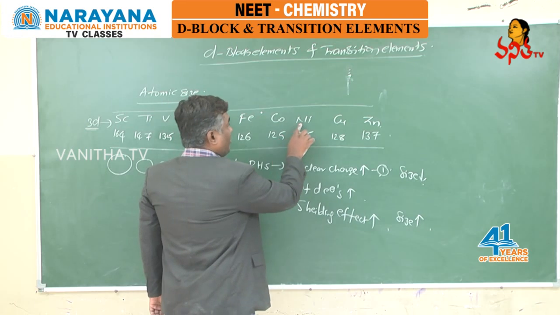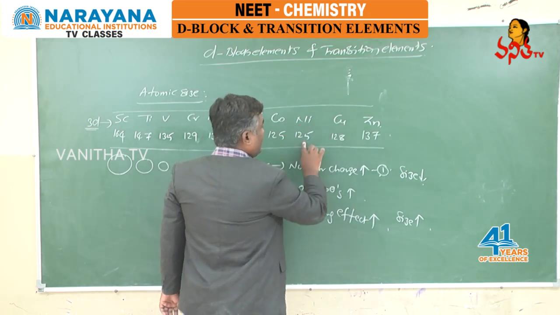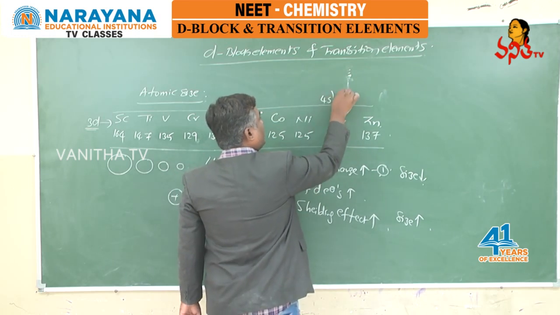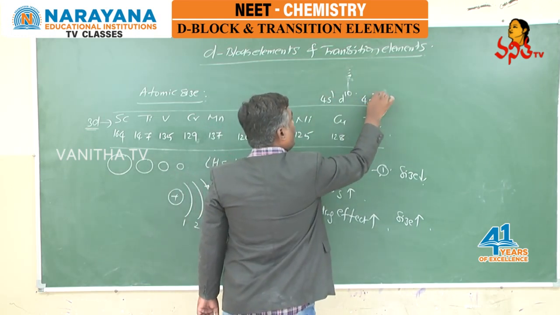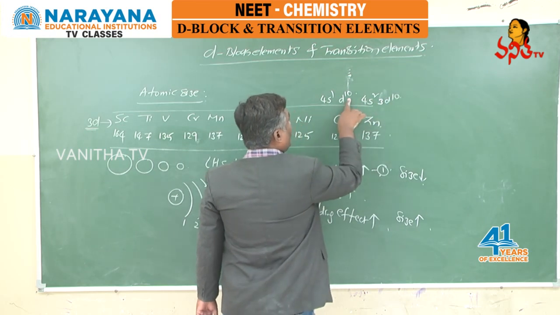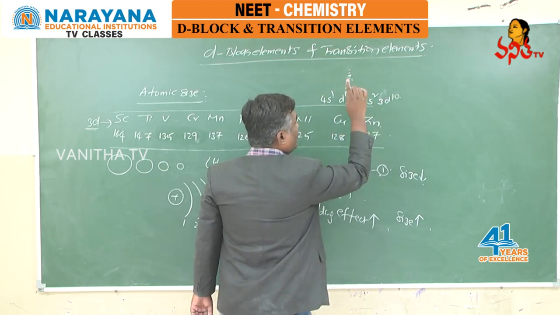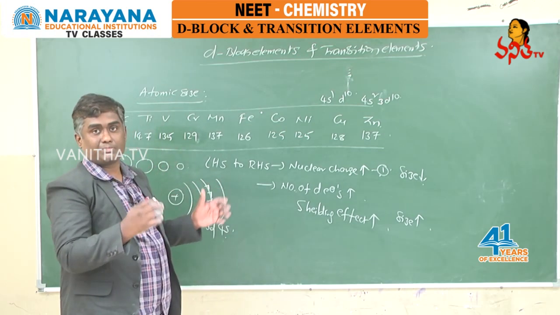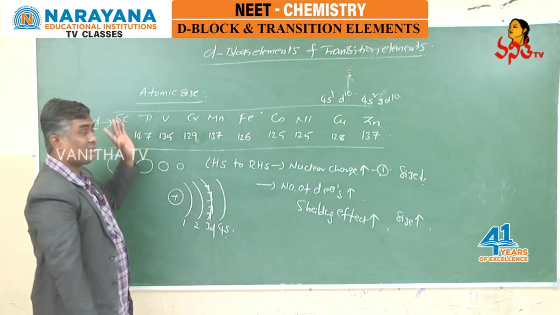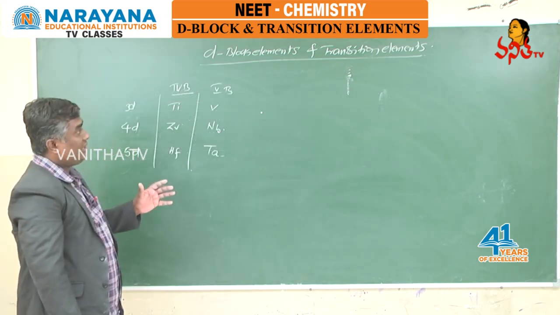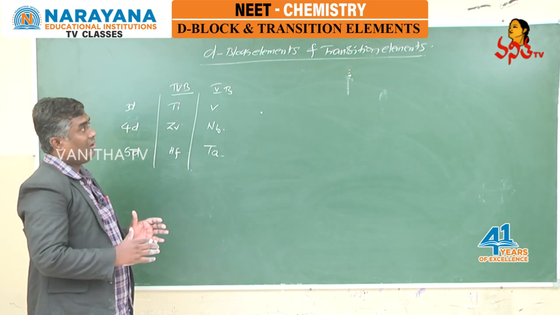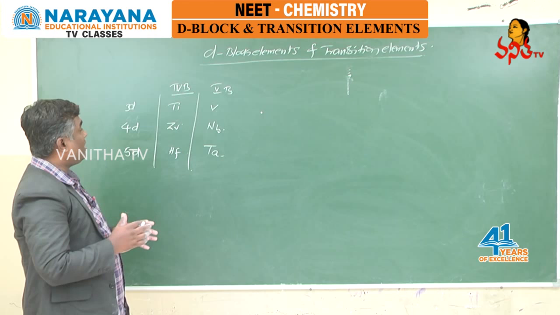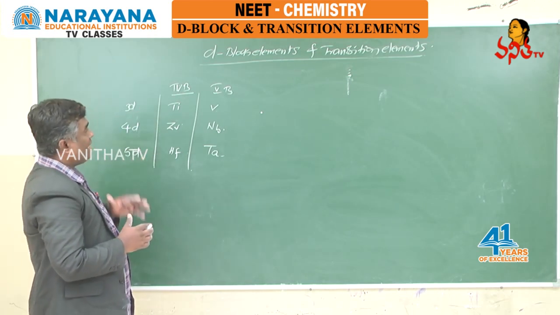And if you see from nickel to copper, copper to zinc, size is gradually increasing, because in copper you have 4s1 3d10, in zinc you have 4s2 3d10, fully filled. Here s is fully filled, d also fully filled, and due to repulsions among electrons, size is expanded, size is increased. This is about atomic size, students. Just now we finished how horizontally atomic size is changing in d block elements. Let us see in d block elements how vertically atomic size is changing.